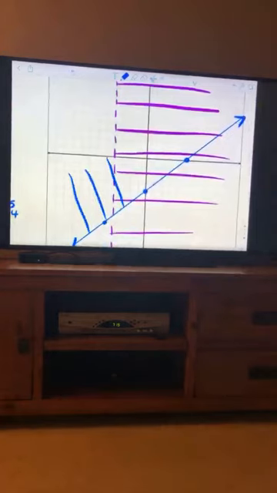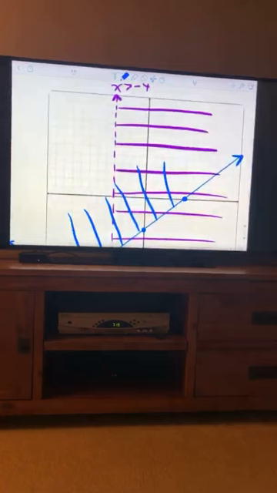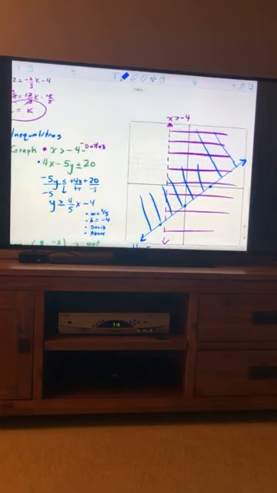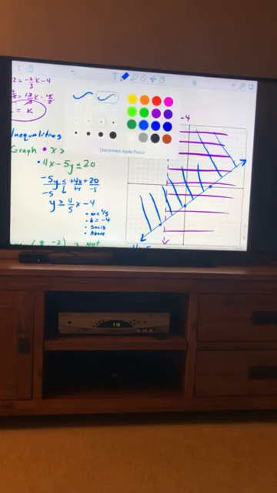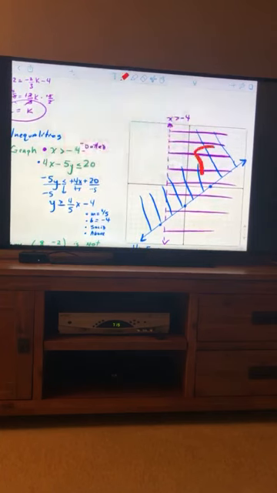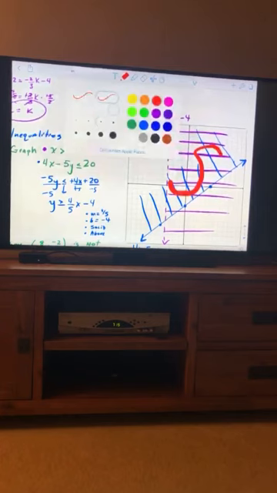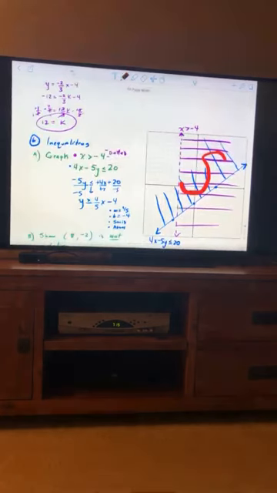Remember with shadings, touch the actual line itself. Don't color in a million boxes. Just have a few lines jutting out. Okay, now I'm looking for where these shadings overlap. The most important part, where this S goes, this whole little triangular slice here is S, my solution region. So quite a large one. And last thing we want to do here,